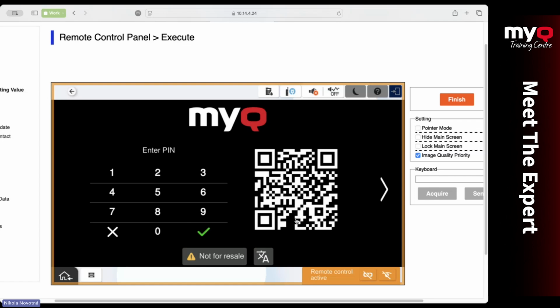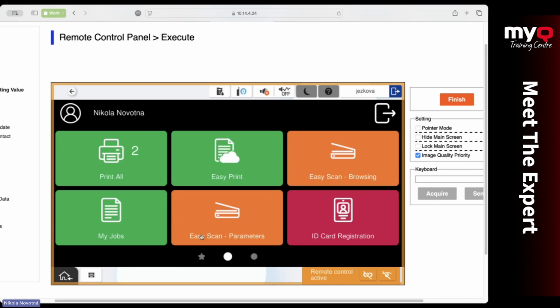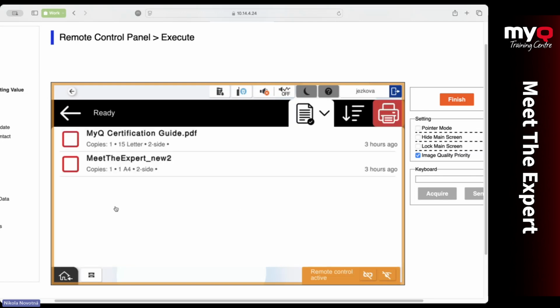So the login screen is modular. It consists of what you've selected. If I want to use my PIN to log myself in, hopefully I remember that. Great, I'm here. So this is my account. I have 2 jobs for print and this is how it looks in My Jobs. Honestly, I'm living in a 10.2 world for the last couple of months, so for me it's a familiar screen, but for you it will be